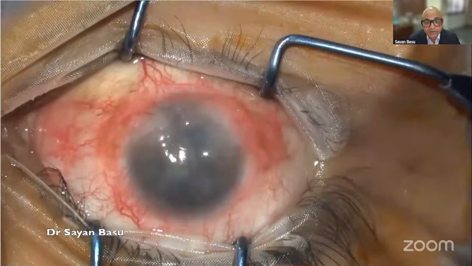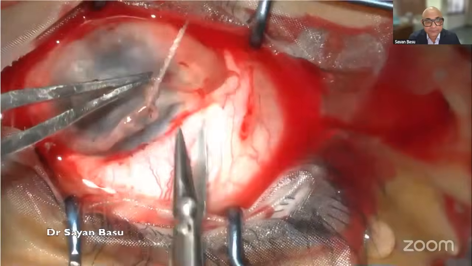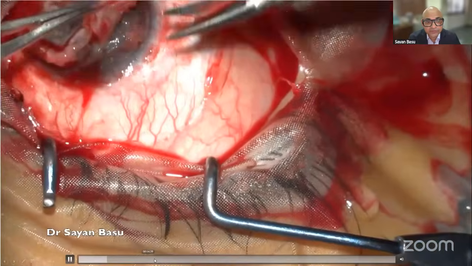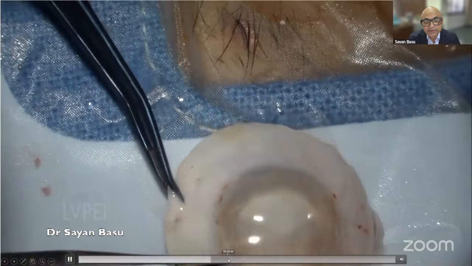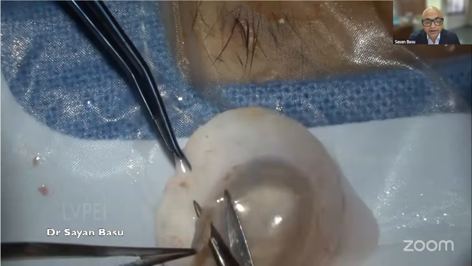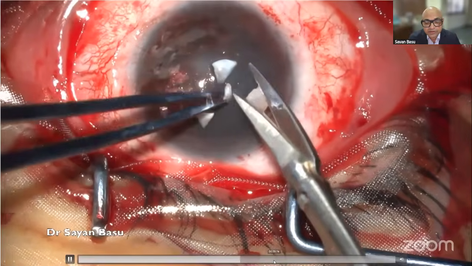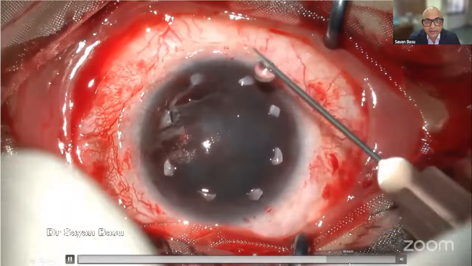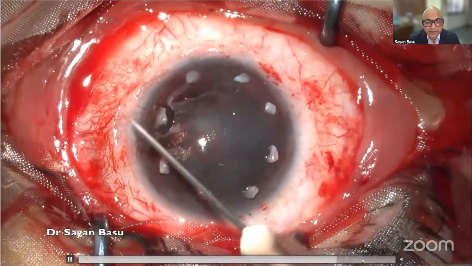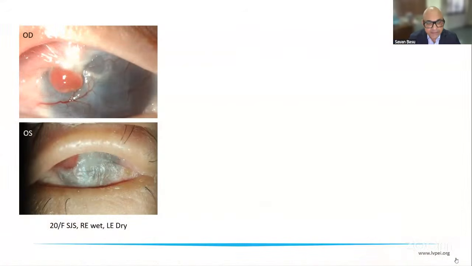cyclosporine or with tacrolimus. Just to show you very briefly how this is done, we basically remove the pannus just like we do for SLET, and then cover the surface with an amniotic membrane. And then instead of taking the limbal tissue from the other eye, we take the limbal tissue from a donor cadaveric corneoscleral rim, cut it up into small pieces, and just like we do for autologous SLET, we put the pieces on the eye with fibrin glue. So the surgical technique of allo-SLET is very similar to auto SLET, and